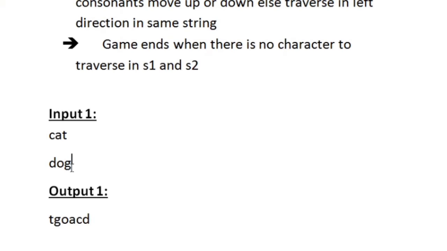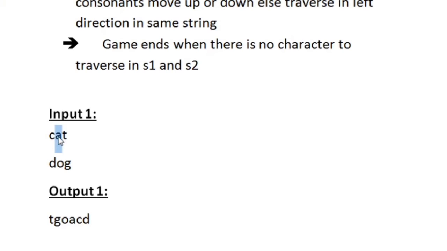And now from G we have to move leftwards. So now when we move leftwards, we are at the O. And now the last second of S2 and last second of S1 must be compared. So now O and A must be compared, and they both are vowels. So the condition is satisfied. So we are printing OA because we are moving from down to up. We traveled from up to down, TG, and after that we have moved left, and then now we are moving upwards. So O to A.